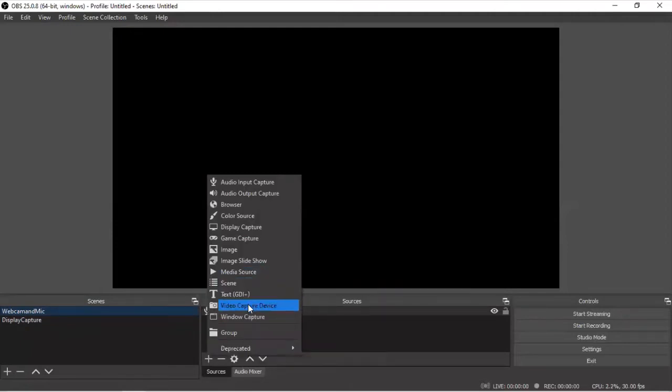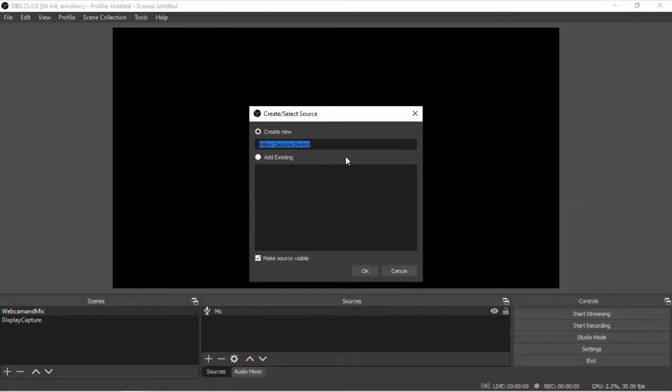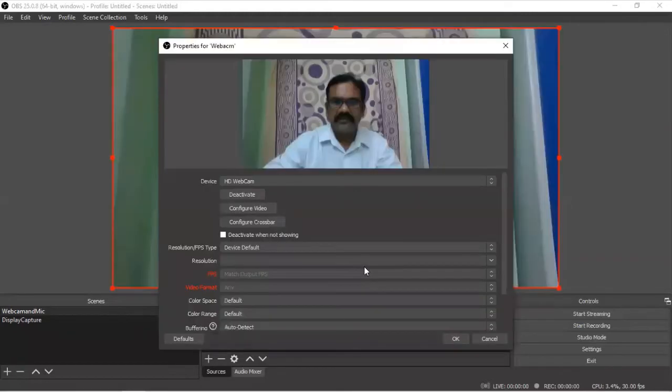For that we require a video capture device. Add video capture. I'm naming it as webcam. This is the HD webcam, the default webcam. The resolution we need to set here.